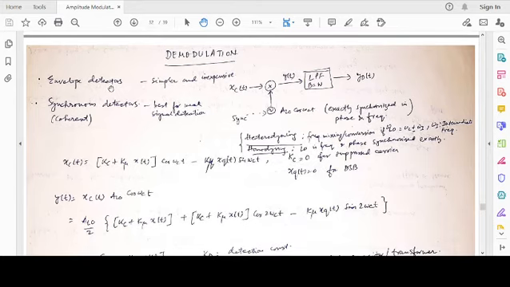Broadly, there are two classes of detectors. One is the envelope detector, another is the synchronous detector or coherent detector. The envelope detector works on the amplitude of the envelope of the amplitude modulated signal. It's pretty simple, inexpensive, but the corresponding transmitting signal associated with the modulation scheme should ensure that proper envelope is available